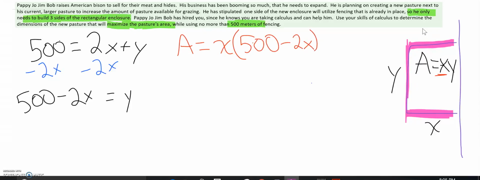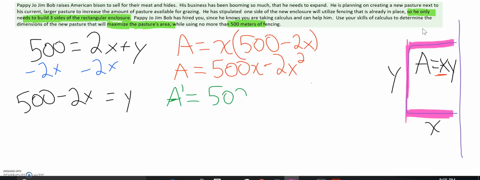Okay. So let's go ahead and distribute this out, just so taking our derivative will be a little simpler in a minute. 500x minus 2x squared. And now we have one function in terms of one variable, which we can take the derivative of. This is a pretty simple function, and then use our first derivative test. So let's do that. So the derivative of A, or A prime, is equal to